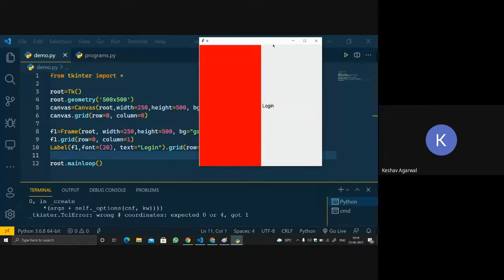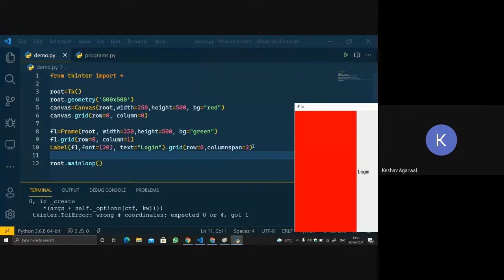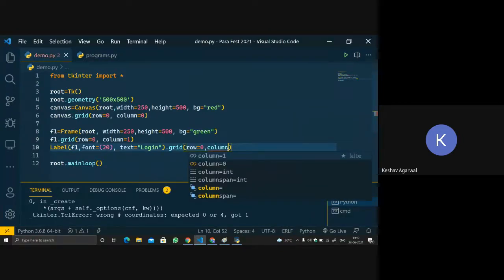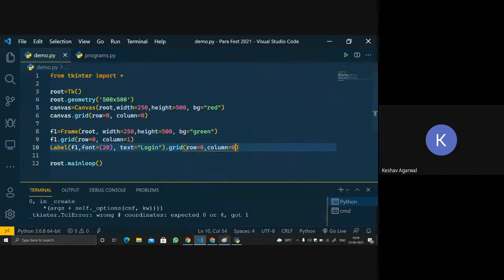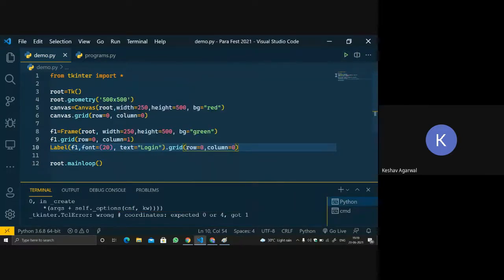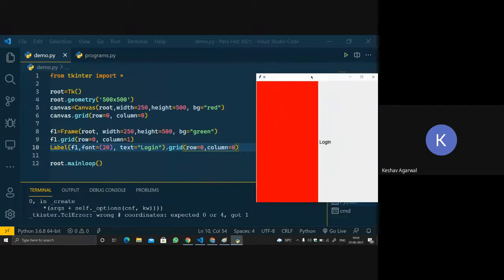We are placing this label inside F1. And instead of this frame, we got this label.